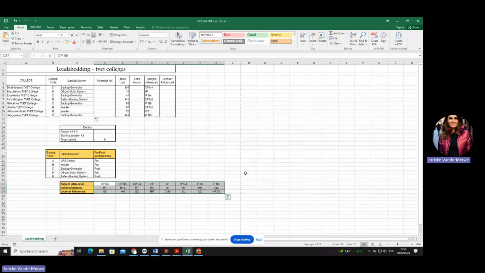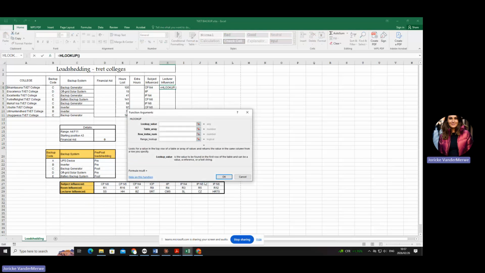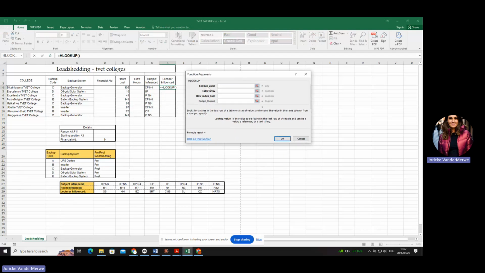I'm not going to sort it now because I want to show you what happens if you don't sort. Okay. What is the next step? I start my function with an equal sign. Then I go to fx. I ask myself, am I working in an H lookup or a V lookup? Okay, how do you know that? Because you are working in this table and you're going to say, okay, what is the value I'm looking up? Look at your table.